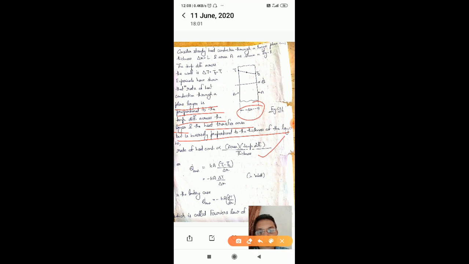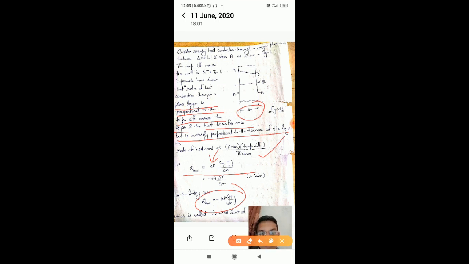or in numerical format and breaking the sign of proportionality. So after this, as you break the sign of proportionality, I introduce the proportionality constant K, where K is the thermal conductivity of the material. Okay, or in the limiting case, that means q equals minus K A dT by dx.